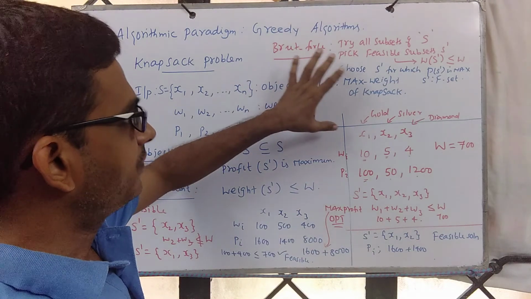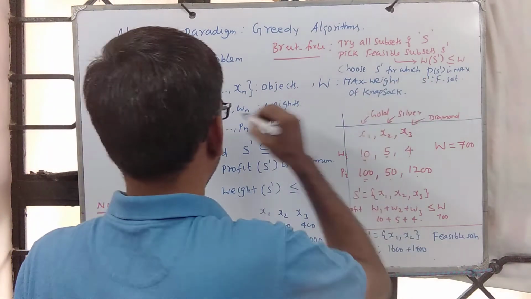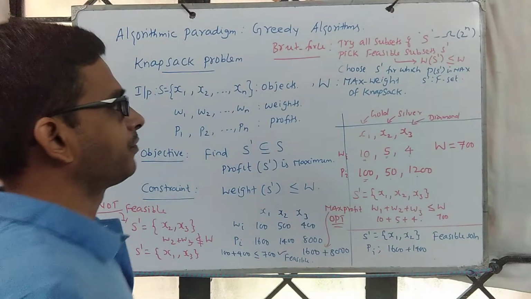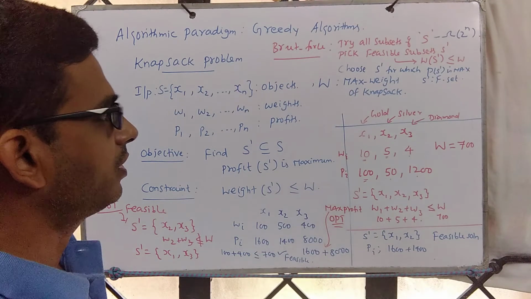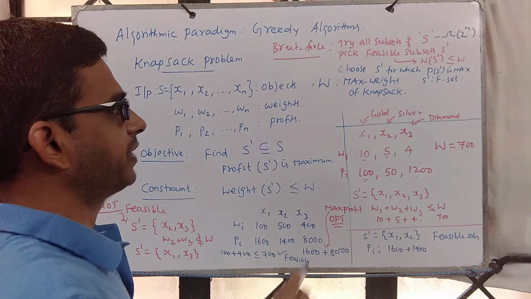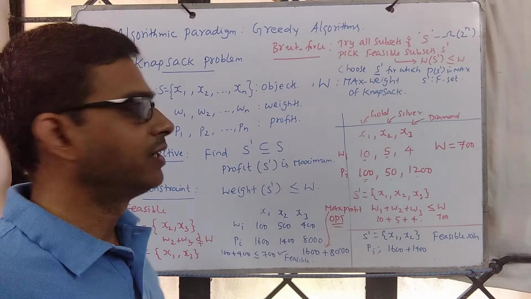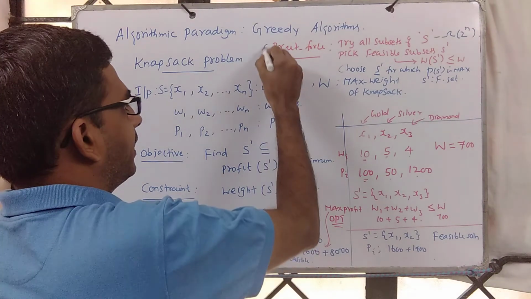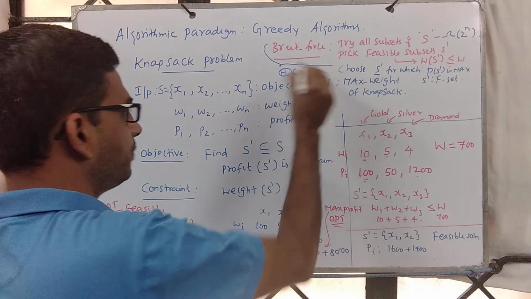This will work, because we are trying all subsets. The complexity of this one is, if there are n objects, then this itself takes at least 2 power n, and then for each of them you are checking whether it is feasible or not. That is a simple addition, but you will have to do it for 2 power n subsets. Again, that takes 2 power n. Then for all those that are feasible, you calculate the profit, and then you pick the subset for which the profit is maximum. And it turns out that the entire approach takes theta of 2 power n.